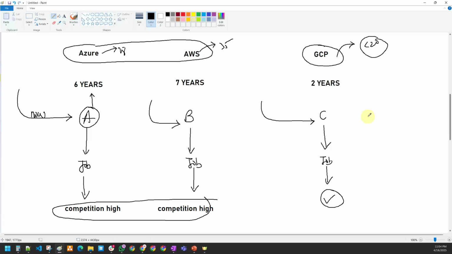Someone was asking this question, right, sir? How are Azure, GCP and AWS different? Don't worry about whether AWS is offering this one or that one. For us, what matters is whether I'm able to get the job or not. This is where I look at it when someone asks me what the difference between them is. That difference is for you to understand when you are learning some course.